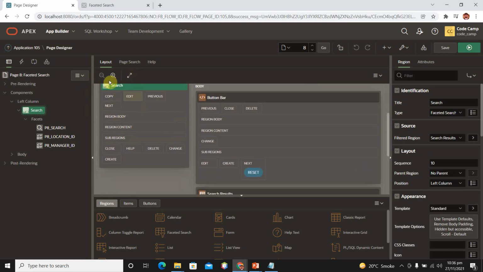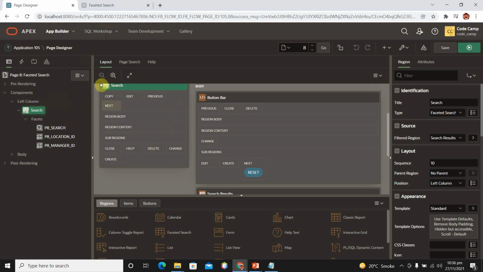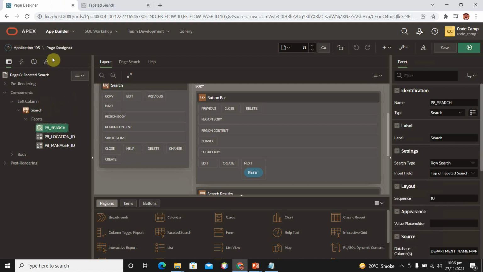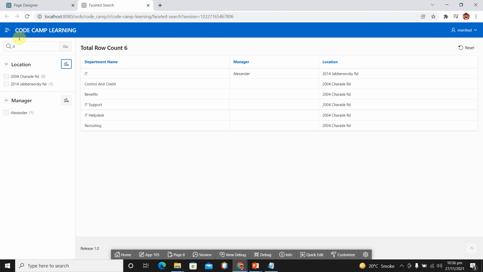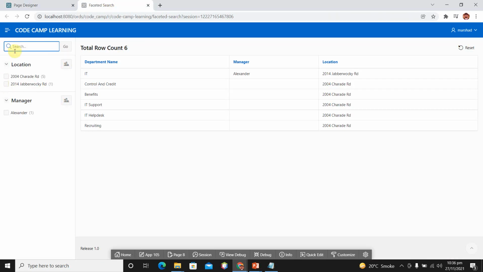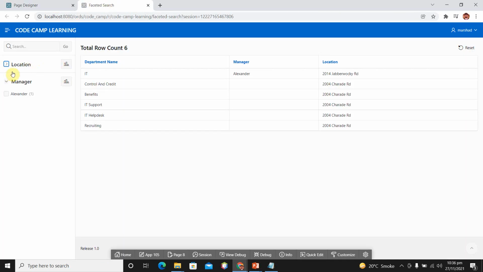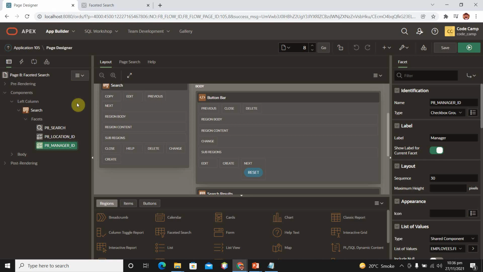This is our search pane, and in the search pane we have P8_SEARCH, this text field in which I have written IT. After that we have location, and then we have manager ID, which is shown here as manager. So our search is based on three items.